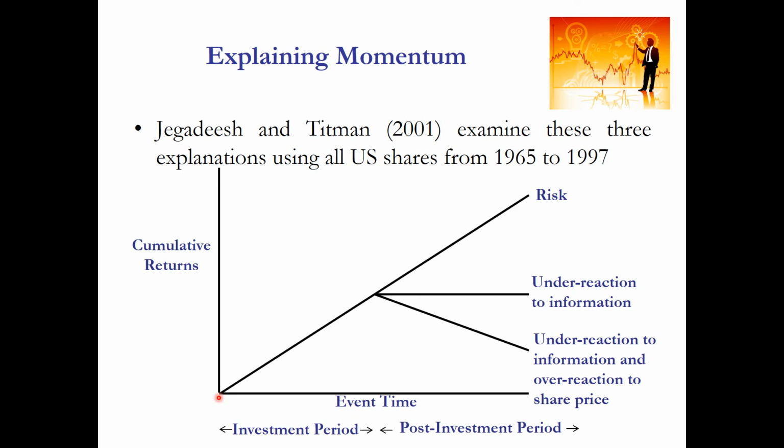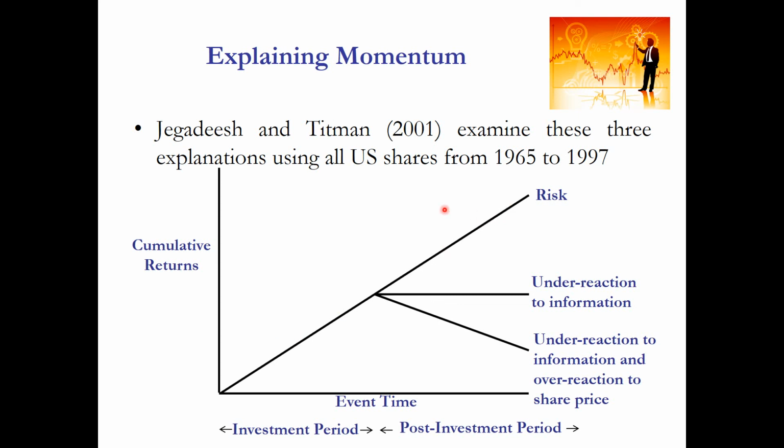So if momentum is explained by risk, that would mean that winners are riskier than losers. So winners would have constantly a higher expected return than the losers. So we should say on average that winners would outperform losers over the investment period. But then, because they are still exposed to higher risk in the subsequent period, we should see a continuation of the outperformance of those past winners right through time. So if we hold the portfolio for 60 months, we should see that every one of those 60 months, on average, winners should outperform losers. So the curve should look like this.